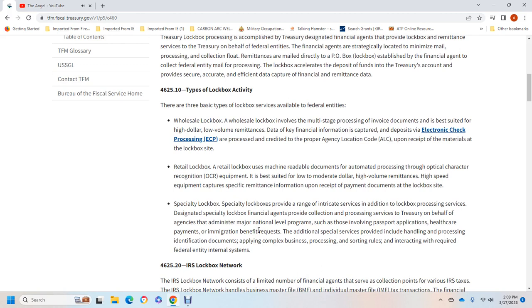Special lockbox is arranged for intricate processing and serves additional lockbox needs, served by a designated special lockbox financial agent who provides collection services to the Treasury on behalf of the agency for the administration of major national level programs, such as passport applications, health care payments, and immigration benefits, which require additional special services, including handling identification numbers, documents, applying complex business processing, sorting rules, and interacting with required federal